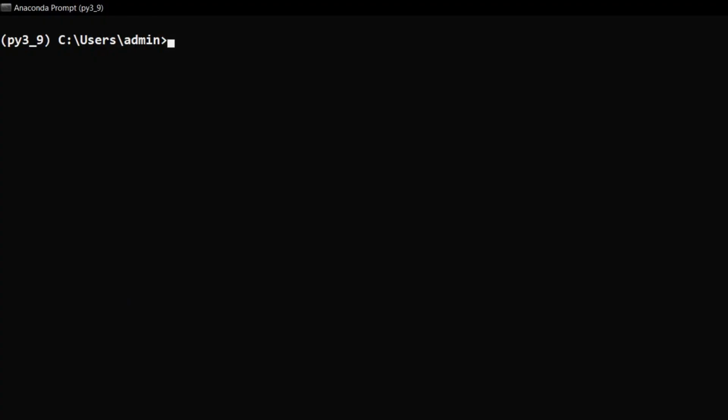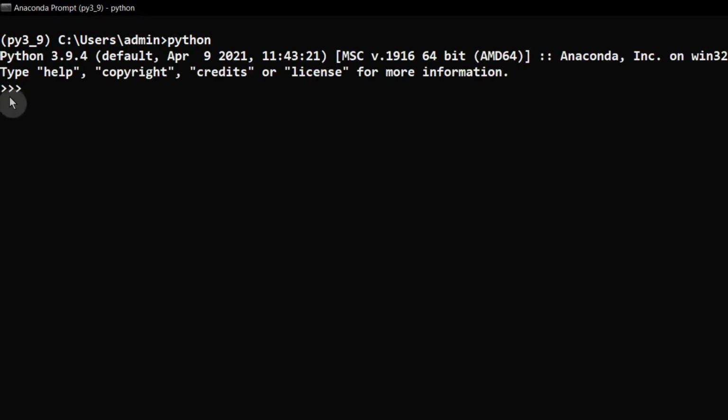Since my system is having Anaconda IDE, I am using the Anaconda prompt to go to the Python command prompt. Otherwise you can go with the command prompt of your system and then type python to enter into the Python command prompt. Now I am with the Python command prompt. So that's why I got 3 greater than characters. Then I am using a statement a = 5 where a is a variable. Assume that variable is nothing but a container which contains 5 in it now. I am considering another variable, that is another container with a name b, and then I am loading 6 into it.